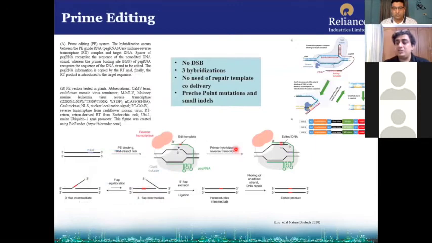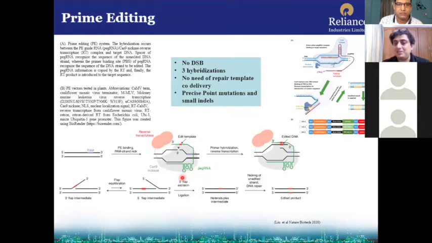And the last one, which I would like to mention, is prime editing. This is a new technology, came out recently. People used it in animal and human cell lines, and now this has been used in plants as well. It's a great technology because instead of gRNA, you take a pegRNA. It is a different kind of targeting. You take a pegRNA and your Cas9 protein, attach it with a reverse transcriptase. Now the pegRNA will supply your gene of interest, and the reverse transcriptase will copy that.